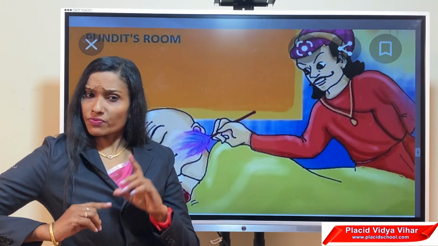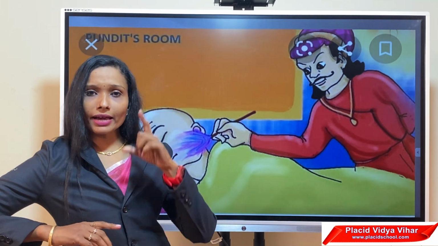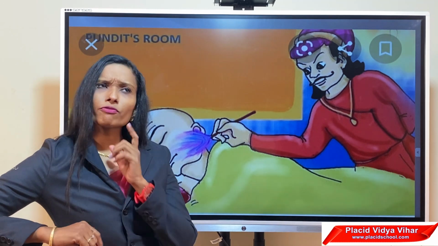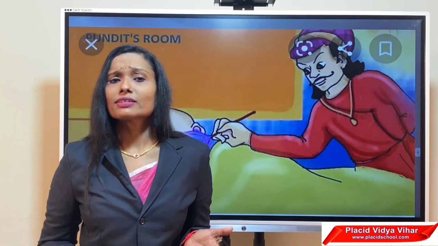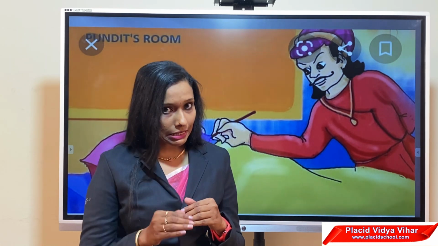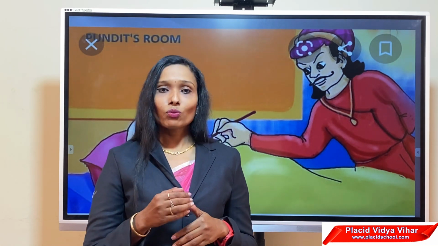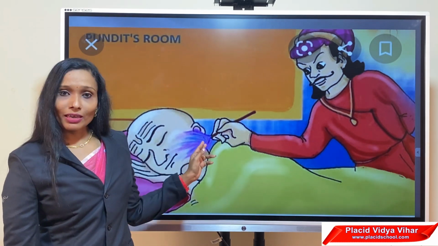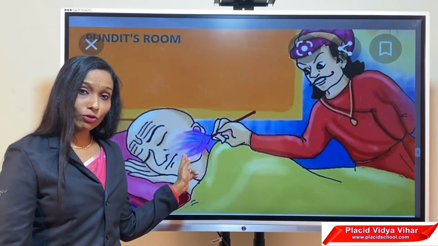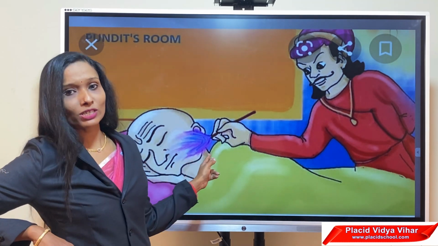Birbal was very intelligent. He had an idea. How should I find? Anyway, he is not telling me the secret, or he is not telling me what his mother tongue is. So he had an idea. Birbal had an idea. Very stealthily, he went to his room. You can see here the picture. He went to the room, right? What is he doing? Can you see this? What's he doing?